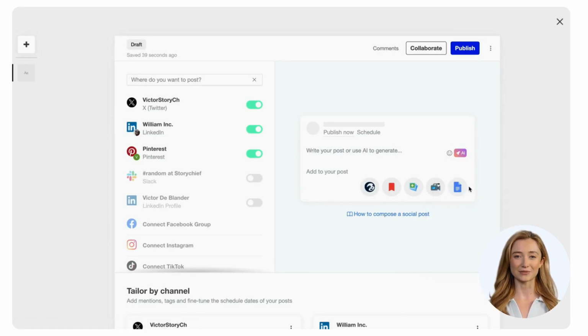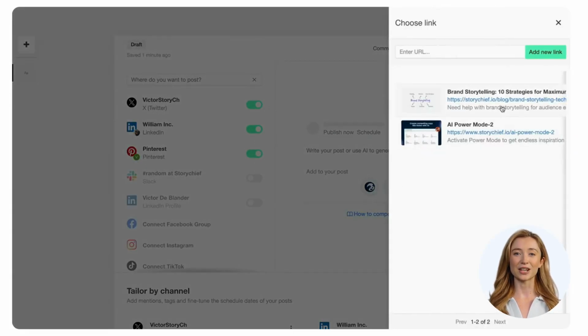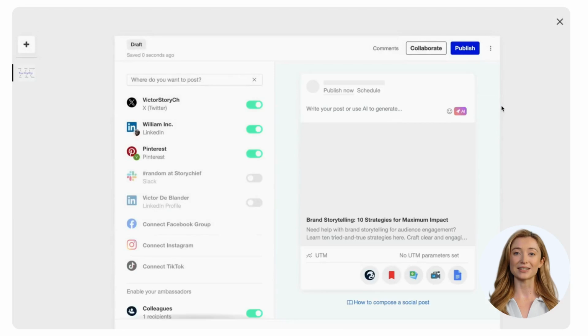Last but not least, for LinkedIn, it's also possible to take your audience on a journey through your documents. Create document carousels on LinkedIn from PDF. These can be added by uploading from your computer. Choose the option that best suits your content strategy and audience engagement goals. In this case, we'll use a link. Click on the links, click on the preferred URL, and it inserts. Now, we're ready for the next step.